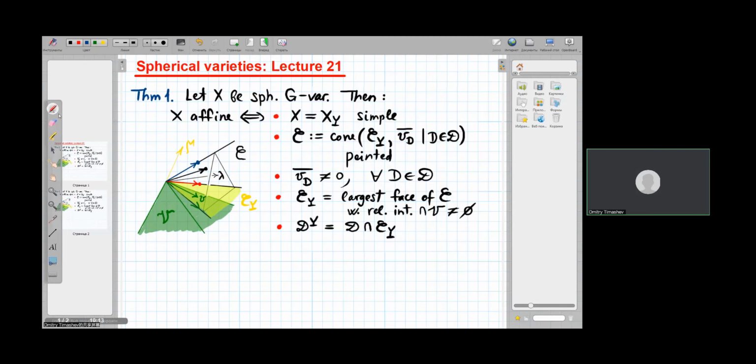So coming back to the proof. We have already proved the implication from the left to the right, and now let's prove the converse implication. So we want to prove that a spherical variety satisfying these 5 conditions is affine. Our first step